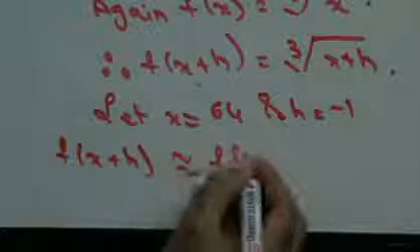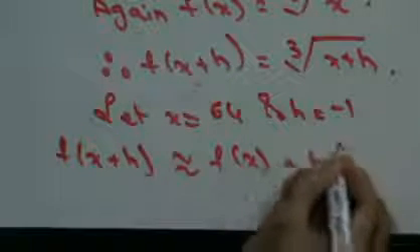Now, this part is called as errors, right? And the formula for errors is f of x plus h is approximately equal to f of x plus h times f bar of x. Right? In which case I can say this as